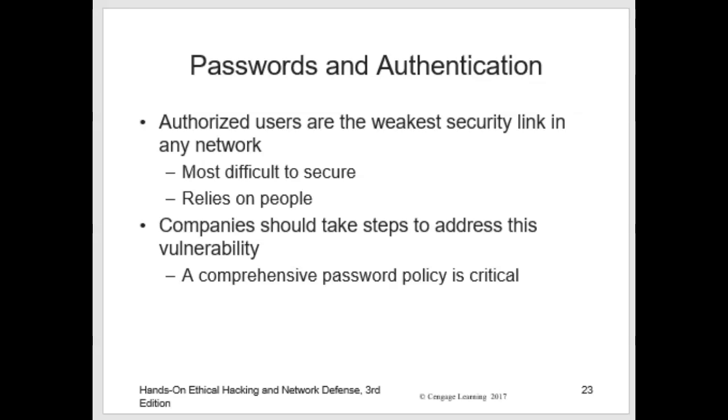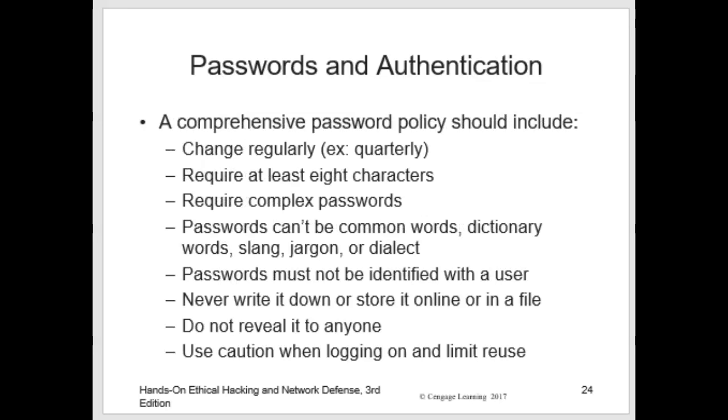Unfortunately, this link is the most difficult to secure, and companies should take steps to address this vulnerability with policy and with tools such as complex passwords, not using dictionary names, using more than 8 characters, using a mixture of letters and numbers and symbols, having a min password, a max password, and recording password history so that passwords